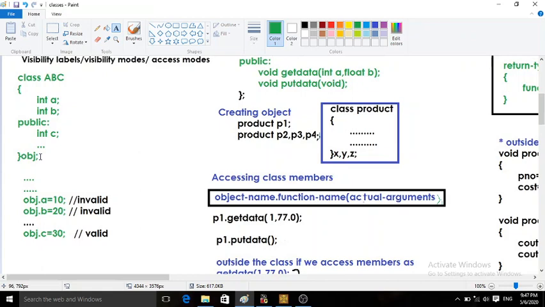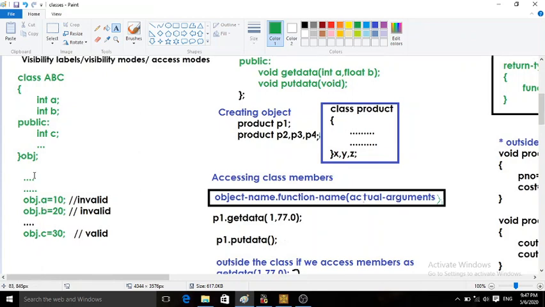Now outside the class, I am going to access these members. obj.a = 10. A is private, it will never get accessed from outside, so this statement is invalid. obj.b = 20. B is again private, it is not accessible from outside the class.